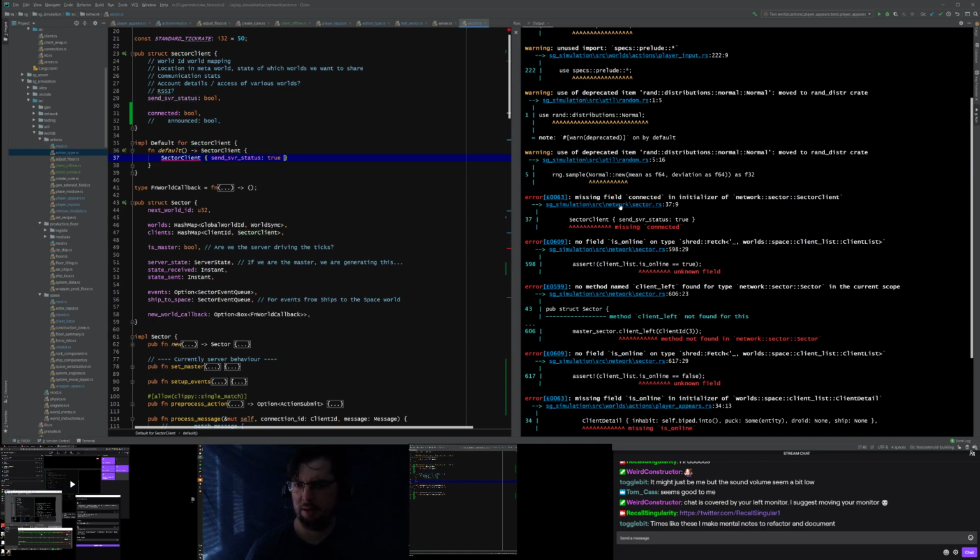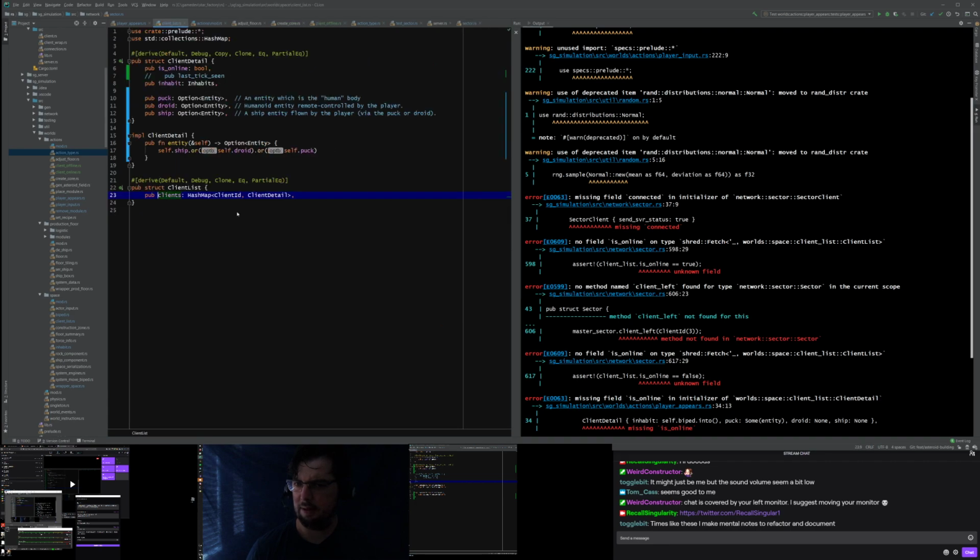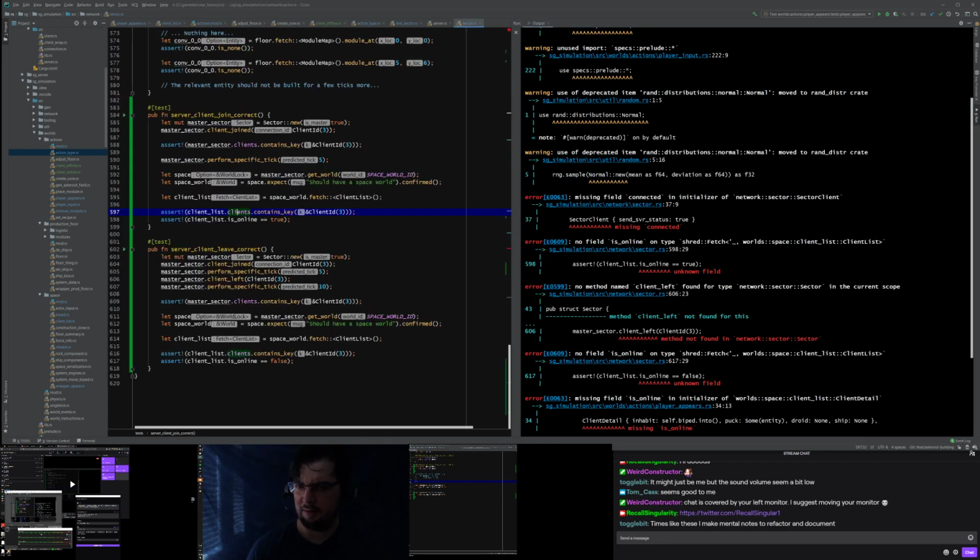Yes, so I need to say false, not connected. Well, why would you create it if it wasn't connected? So I guess they are connected by default. No field is online. That's true. I haven't gone and made that yet. So in my client list, but it's not in that, it's in the actual client. So